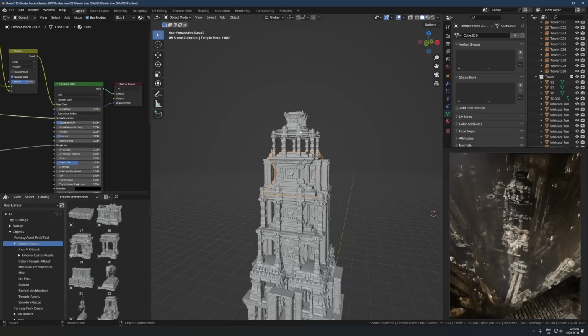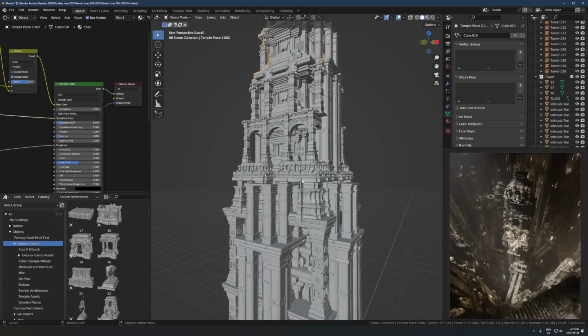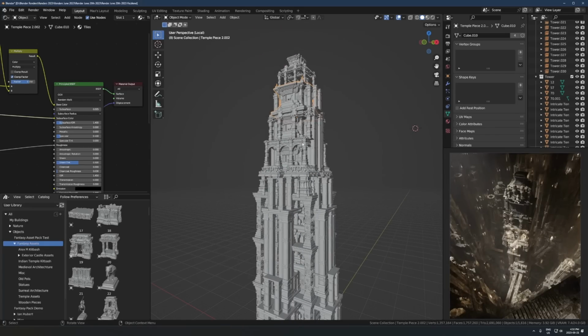That's just because it's overlapping with another model. Just ignore that. But yeah, there's not anything crazy. I will break these individual pieces down even further in a second. But for now, I just want you to understand this is like